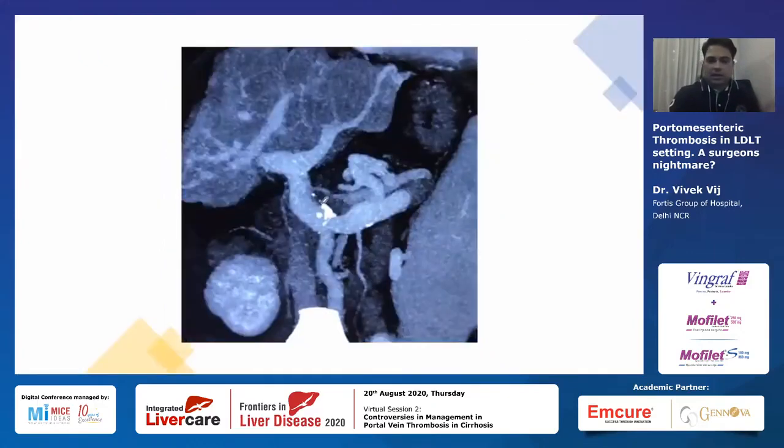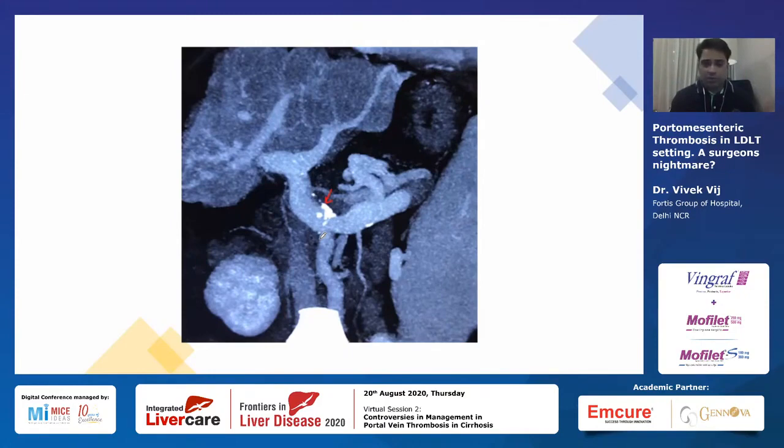This is again a second type. This is a Yerdel type 1 only, less than 50%, but you can see a hard thrombus with calcification here. I personally would like to remove this calcification because this is a sitting duct for portal vein thrombosis even after transplantation. But there are certain Yerdel grades or recanalized blood vessels in which we need not do anything.